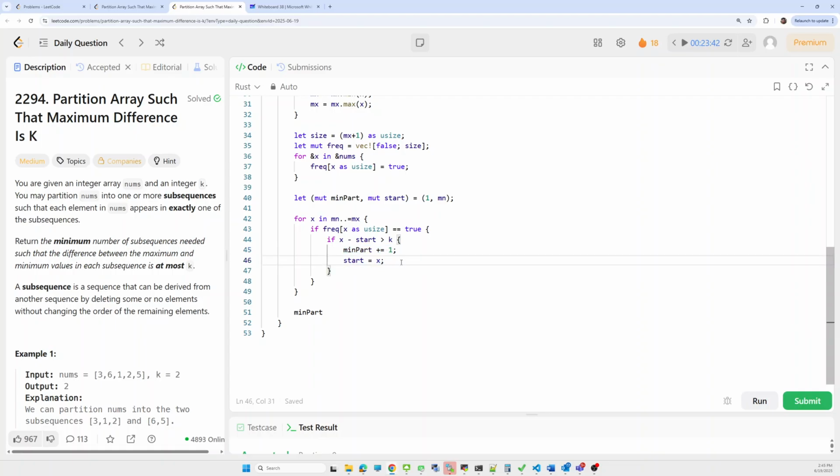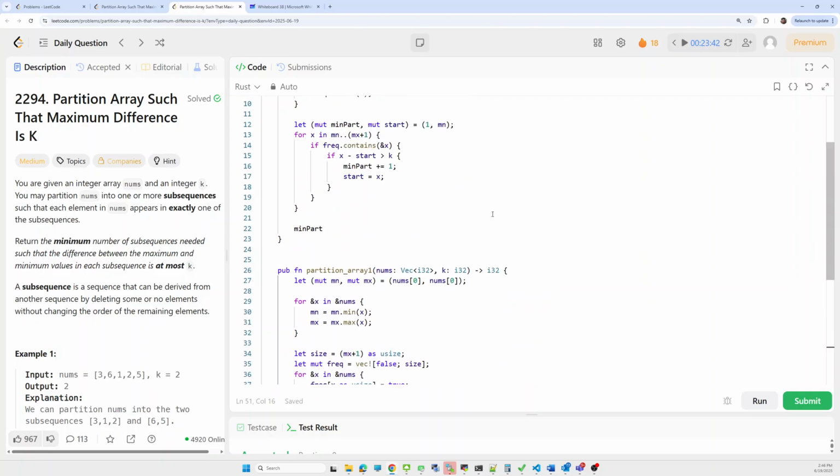The new minimum for the new partition will be x, so we'll update the start. In the end we have to return the minimum partition.